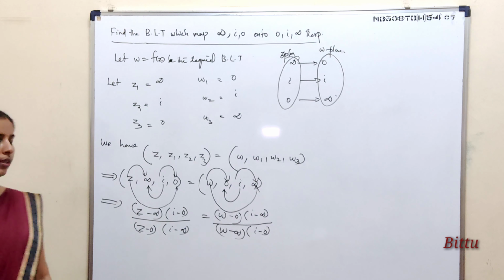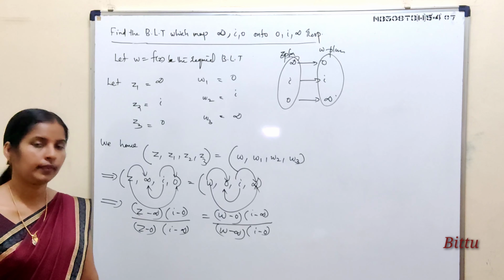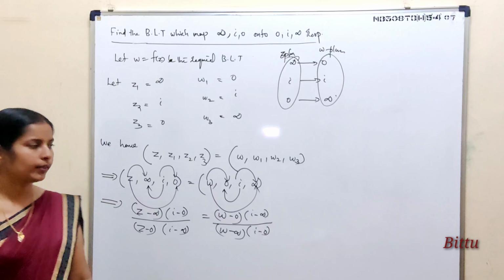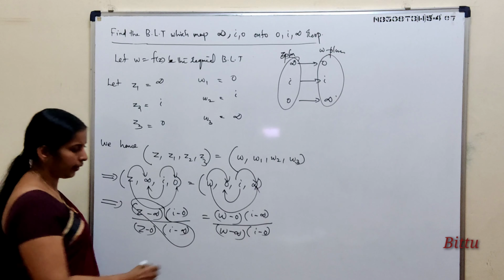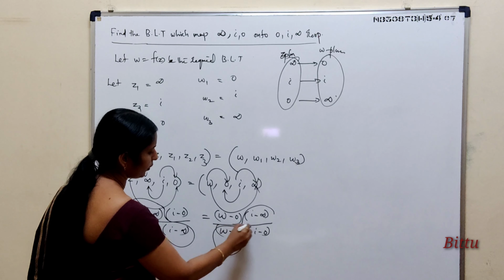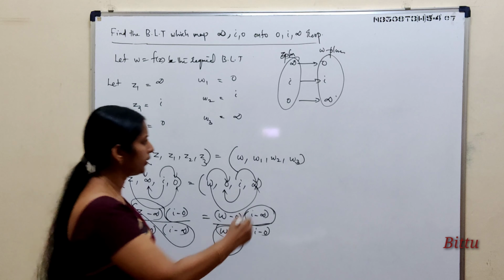Again, in cross ratio, the ratio containing infinity should be taken as 1. So, this ratio is 1. Again, this ratio is also 1. So, this implies